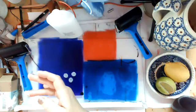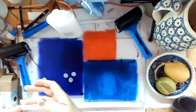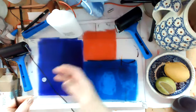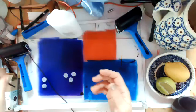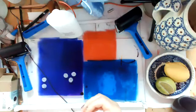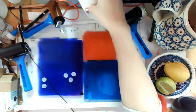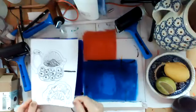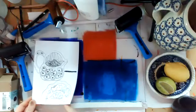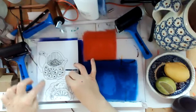So very important, glue facing upwards. Don't put it glue facing downwards, glue facing upwards. Right, now let's see if this is going to work. So what you do then is you obviously place your picture over the area, okay, and then you press,